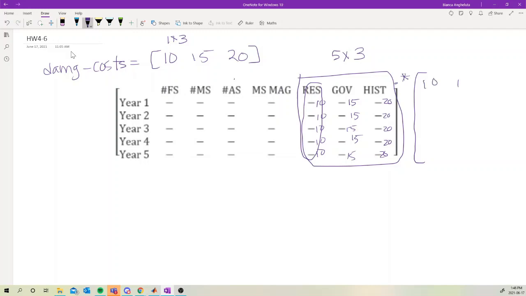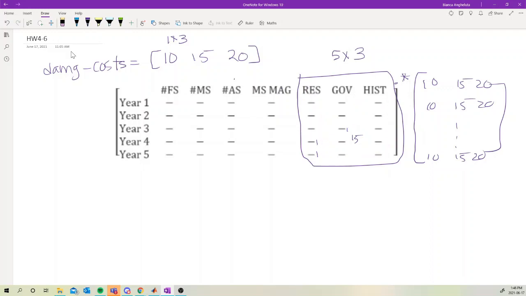So if I have 10, 15, 20, 10, 15, 20, and I have that 5 times, I can then perform element-wise multiplication, and that will multiply this value by 10, this value by 10, this value by 15, and so on. And that's how I can first find what the cost is